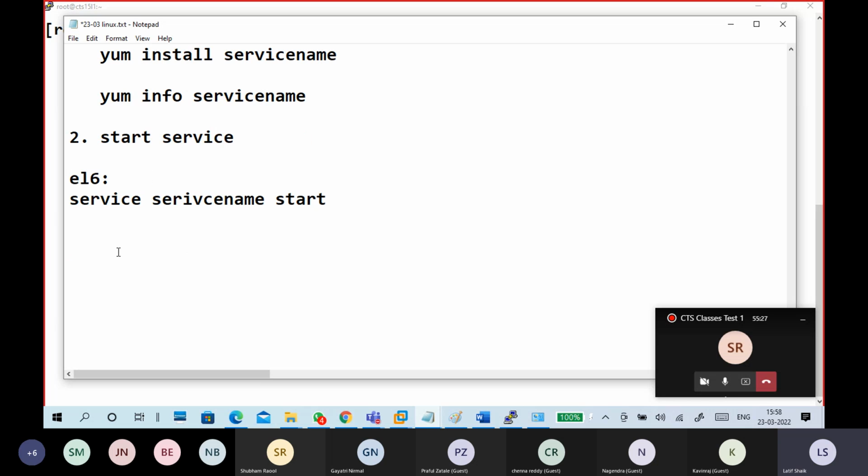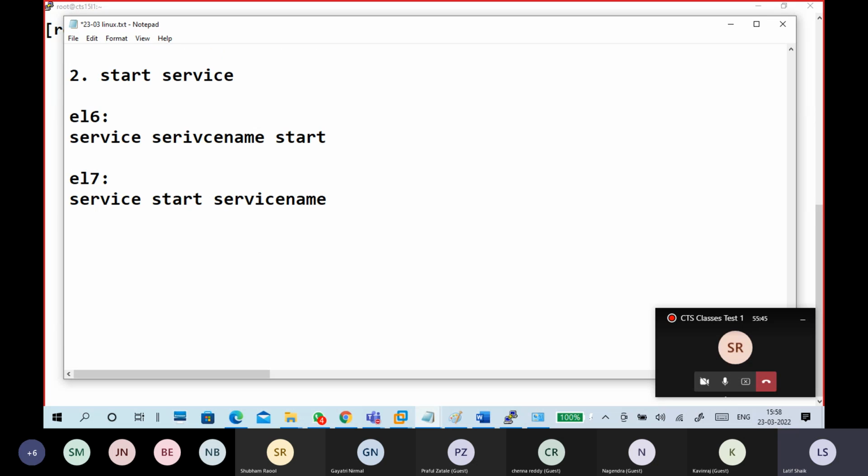Next, the service status is a different thing. Like you can also go to service status. So I will change that one. So if you are using 7, systemctl start service. Here it is for start, stop, restart, and status.